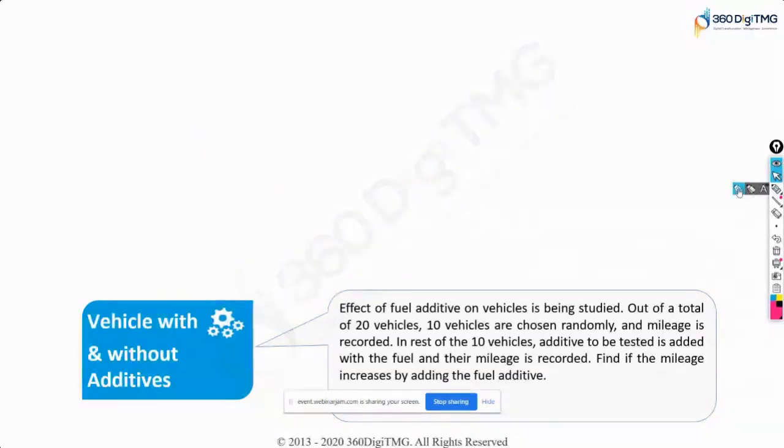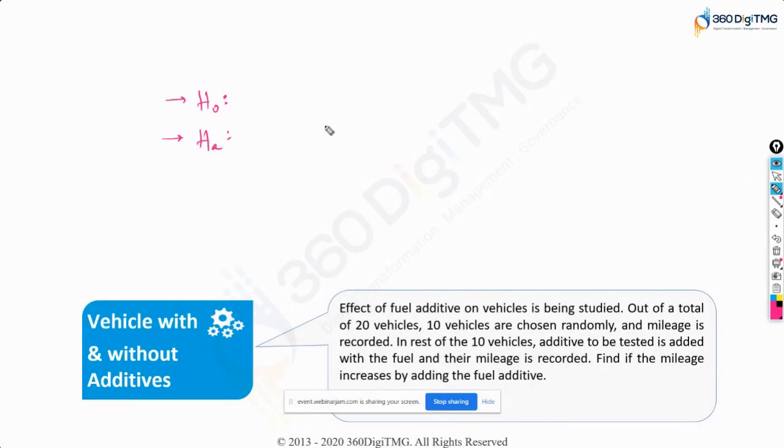So the business problem we have identified here is: will the mileage get improved if I add this additive here? So for my null hypothesis and alternative hypothesis, we need to frame the statements for generic cases, for any vehicles, right? Generalizing. When I want to frame the statements, I would say, because I